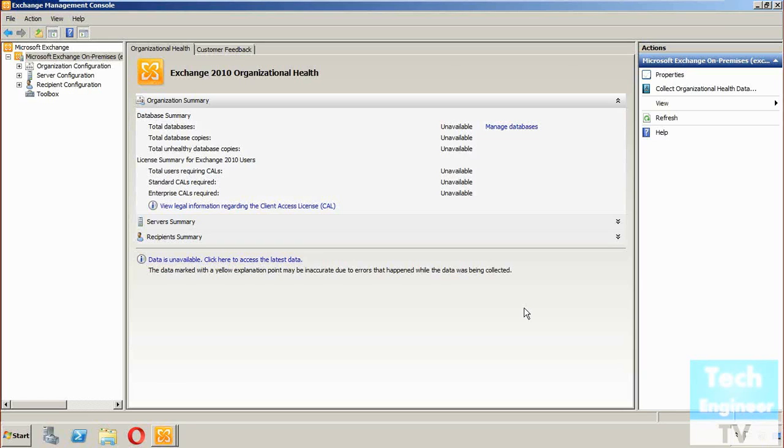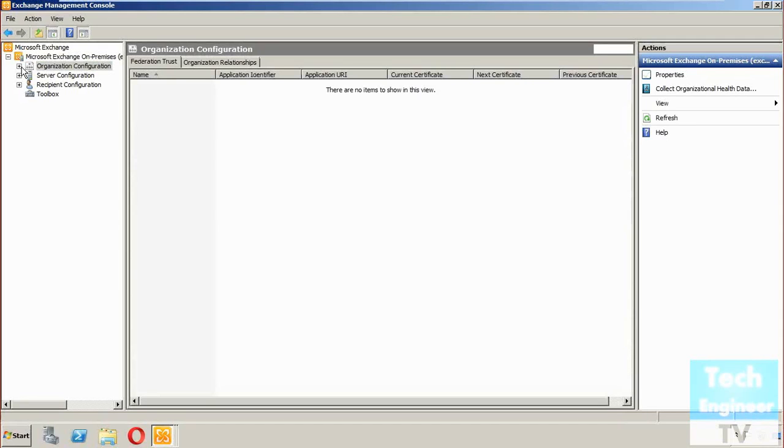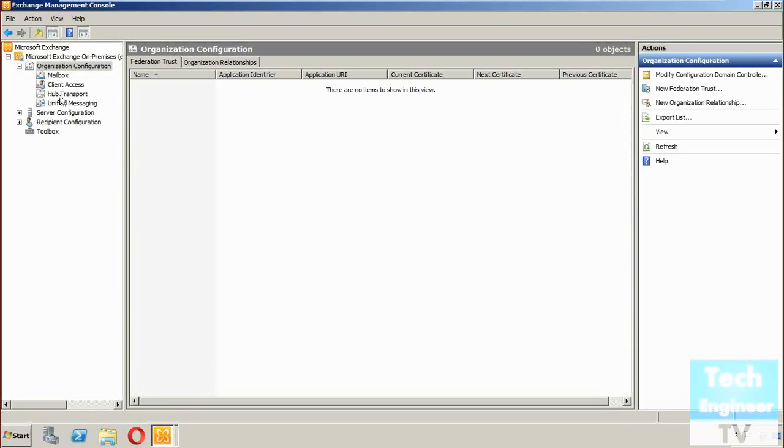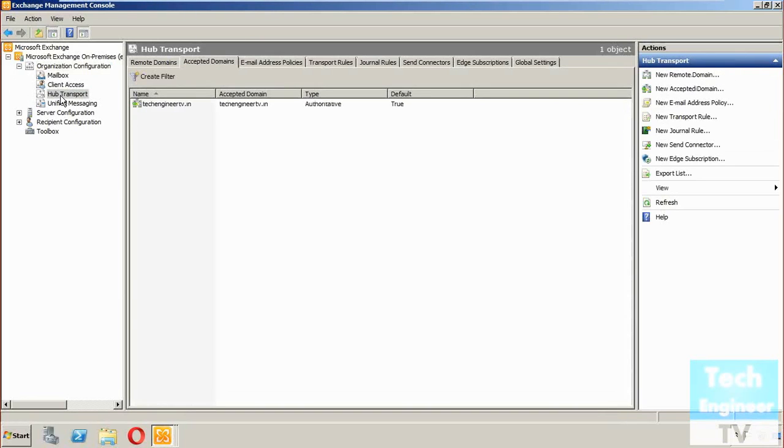Hello there. In this tutorial I'm going to discuss the creation of an accepted domain in Exchange Server 2010. So we are in Microsoft Exchange on premises, and when you click on Organization Configuration, you get the option called Hub Transport. In Hub Transport we have the option called Accepted Domains, and you can see by default an accepted domain, there is